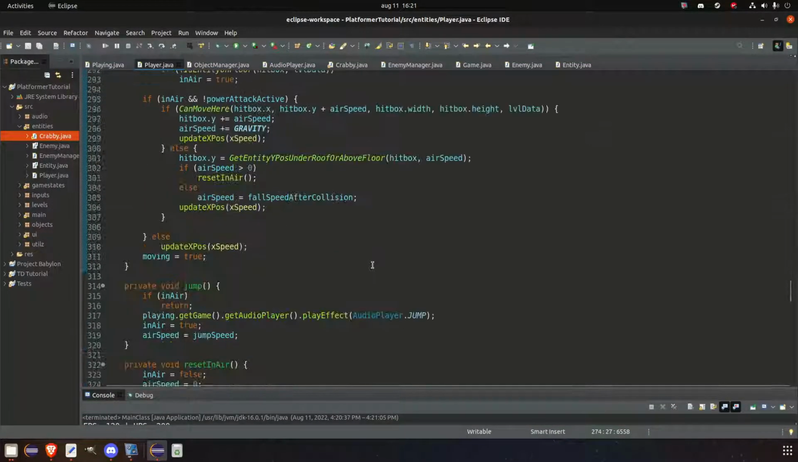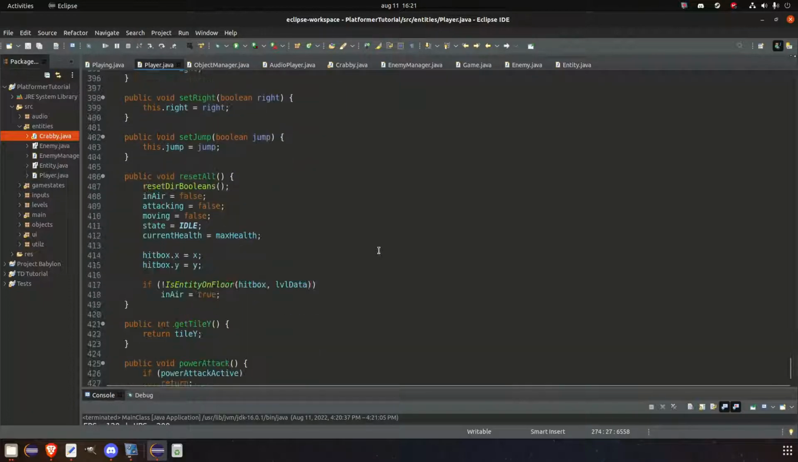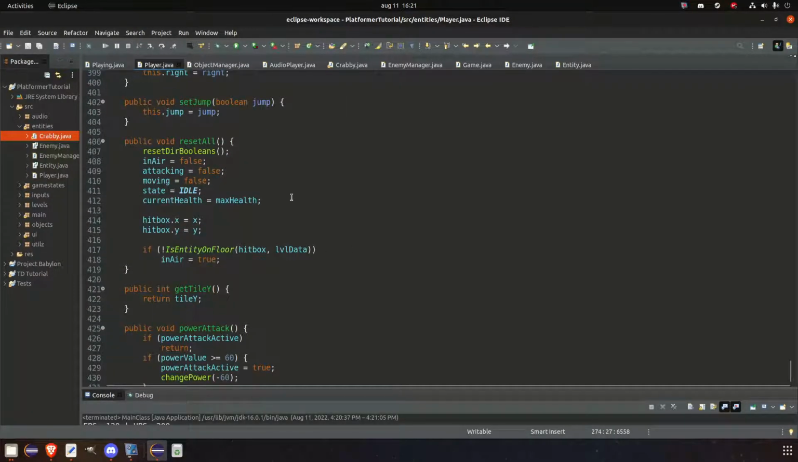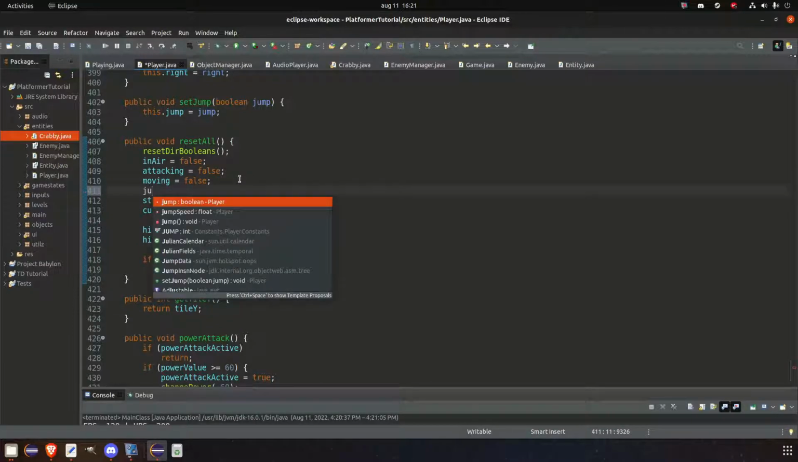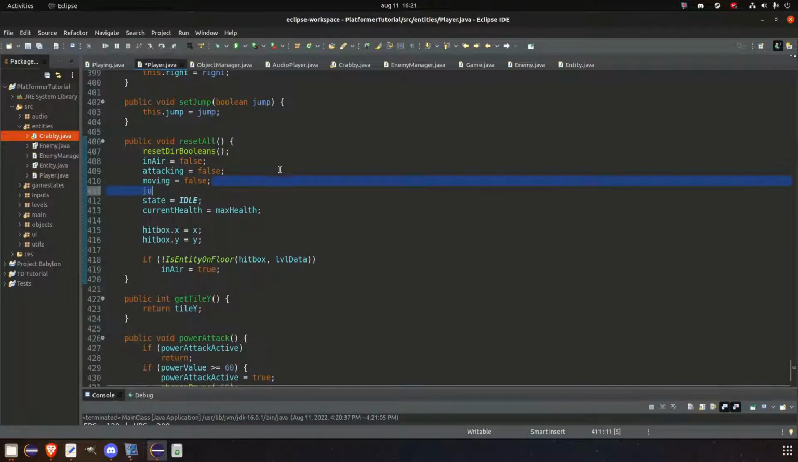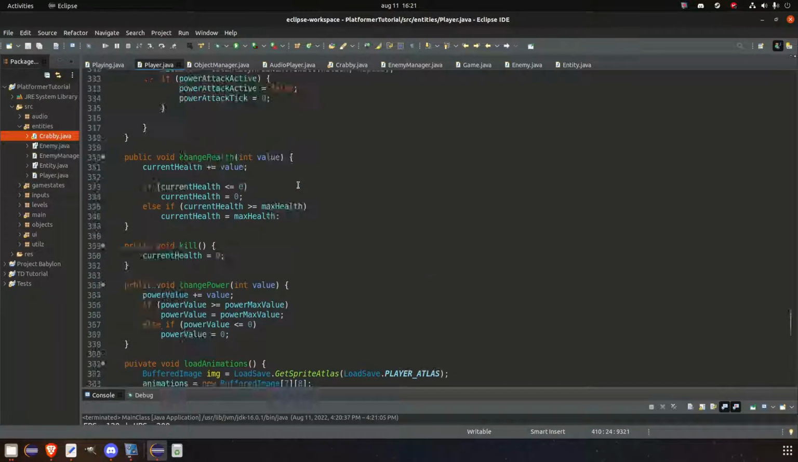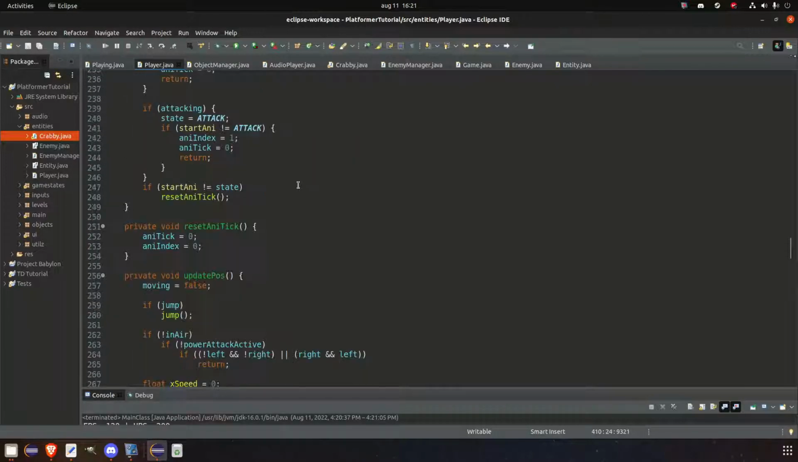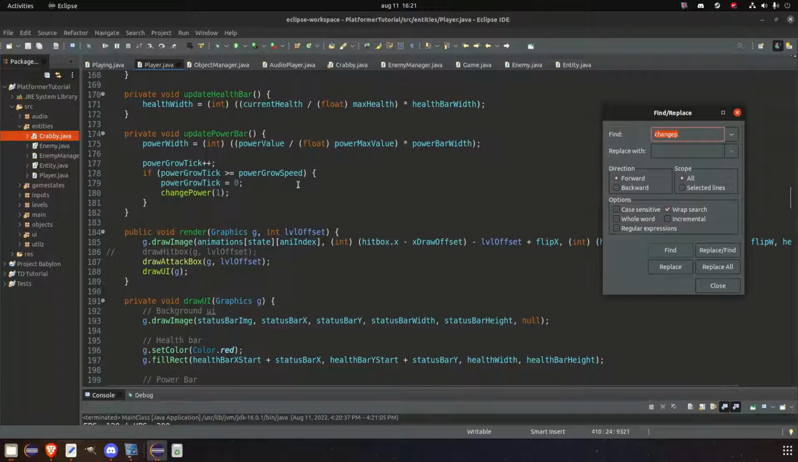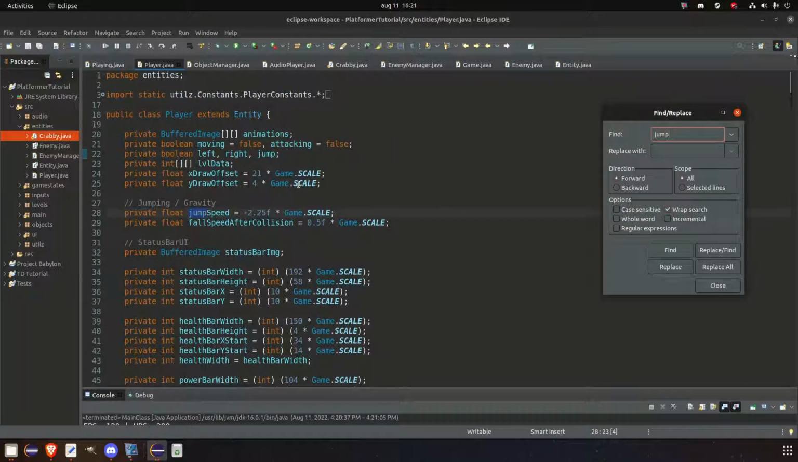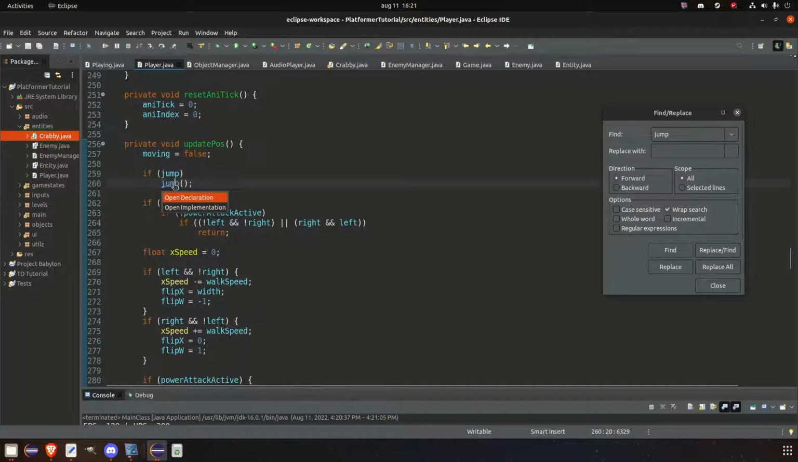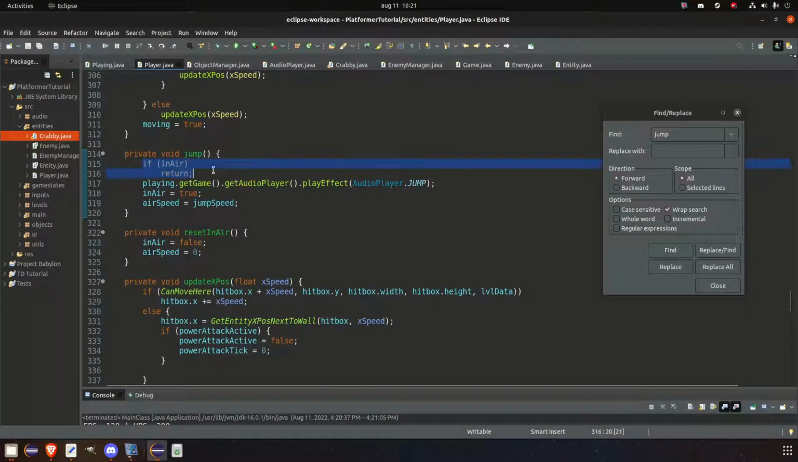Let's go to player, where we reset everything. Moving state, do I have jumping? Or how do we calculate our jump, if I may ask? It's a long time since we did this, so let's just take a quick look. We should have a jump method, right? If jump, jump. If in air, we're not gonna do the jump. If we are in the air,